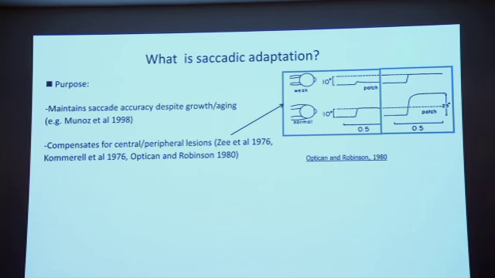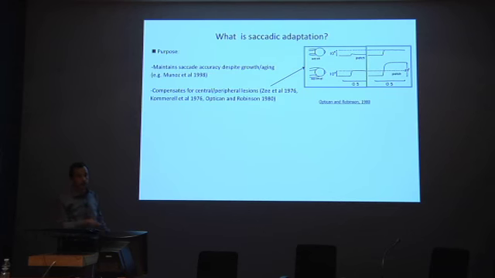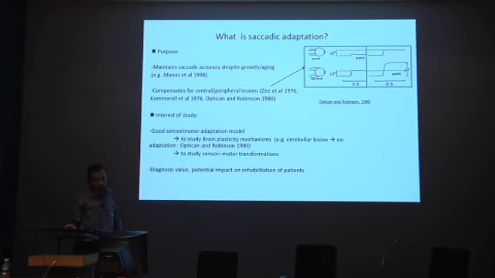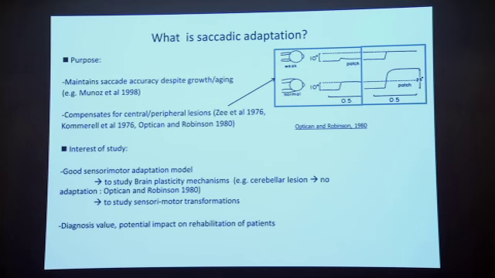And this was produced by an increase of the innervation to the muscles, as shown by the increase of the size of the saccade of the other eye. So suggesting that some internal adaptation had occurred during this time. And I will not come back again to this point because I already said that. Just to mention en passant that Optican and Robinson also did the same experiment in monkey after cerebellar lesion, and they noticed that there was no longer any adaptation left in these animals.